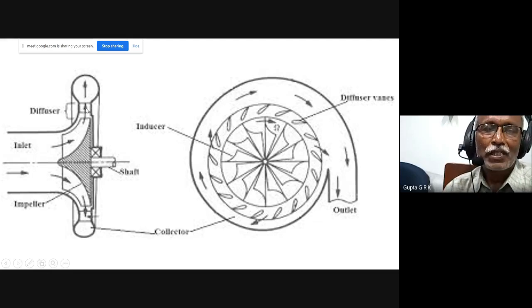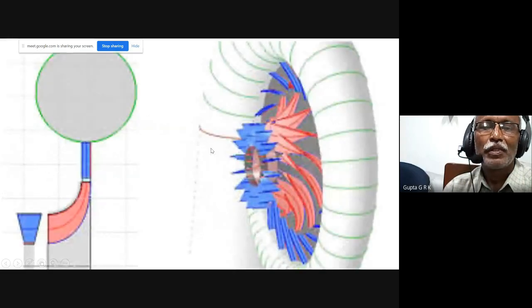The pressure rises when area is increased. So even without diffuser blades, there will be an increase in the circular area. You know that this is smaller and this is larger, so it expands. Or sorry, it diffuses. There will be a decrease of kinetic energy and an increase of pressure in the diffuser area. So that is the way it will be.